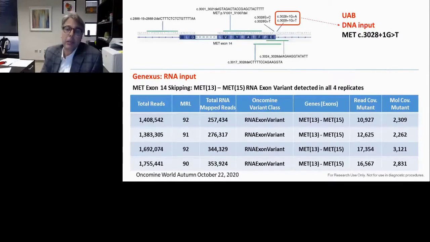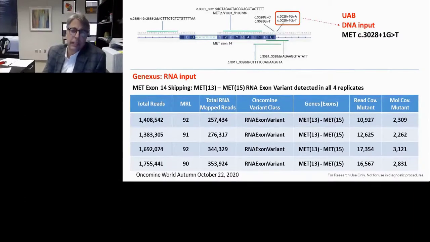At UAB, we sequence the DNA. And when you do this, you have to examine both the splice acceptor and splice donor site of the MET exon 14, as well as the DRY sequence, which is the recognition sequence for the CBL degradation pathway. So there's a lot of real estate that you have to target, and sometimes you miss the mutation due to sequencing issues. But we had a sample where we did find the splice site mutation, and in order to